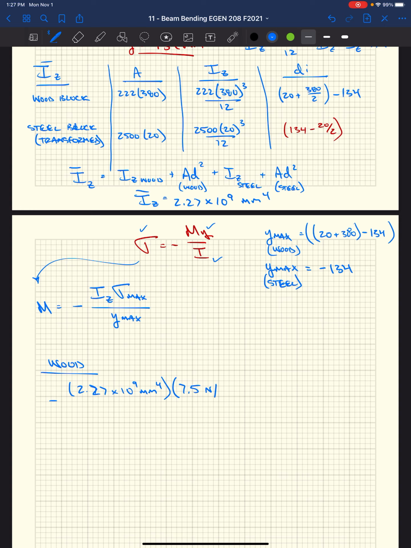Well, they gave it to us as megapascals, or newtons per millimeter squared. 7.5 is our maximum allowable stress for the wood. Divide that by 266, that's what this is, 266 millimeters. We get a moment that's maximum